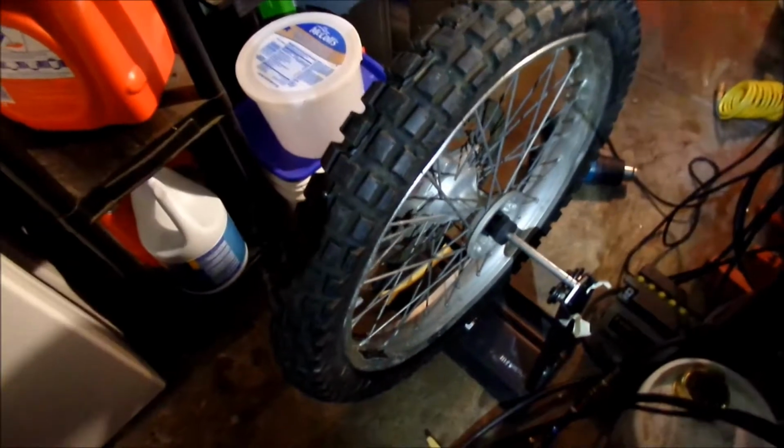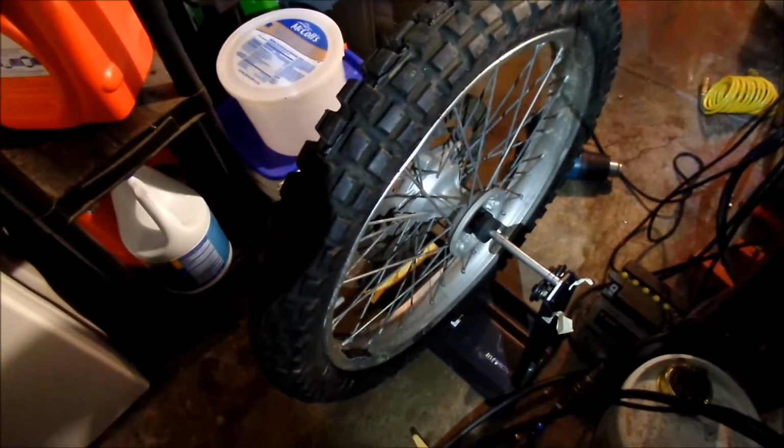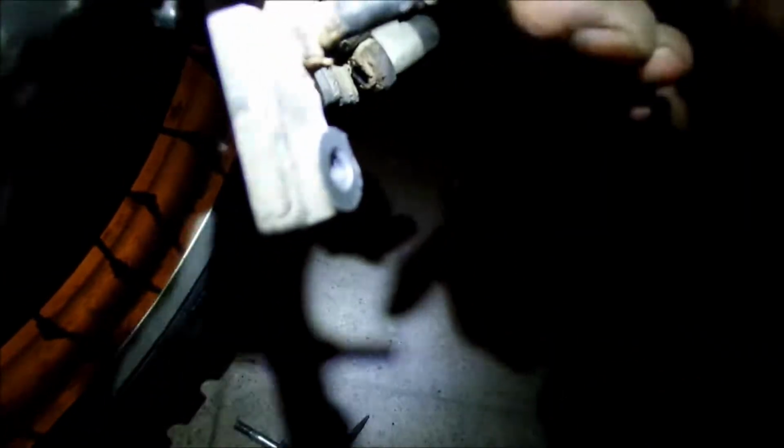I put them on there. So there it is, ready to go on. That's 1 down. Now I got to do 1 more. Get the wheel back on. Before I put the caliper back on, I decided I'll take it apart and grease the guide pins. Looks okay. The guide pin looks okay. It's nice and clean, but